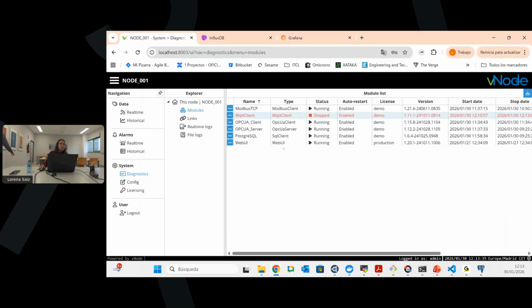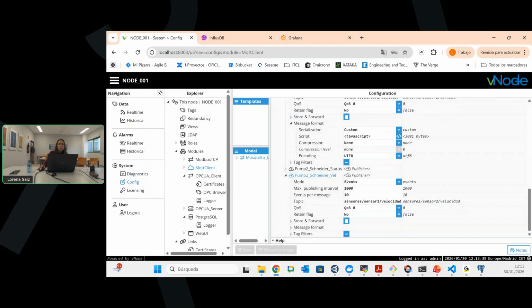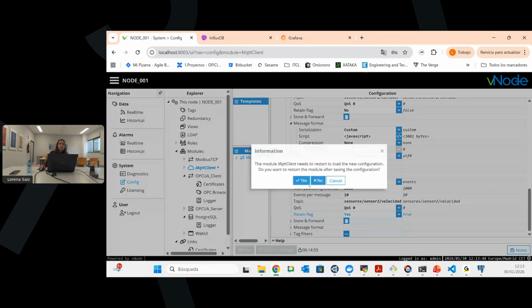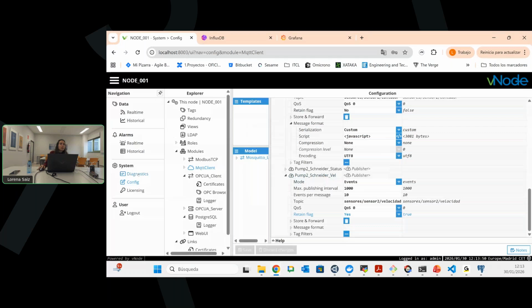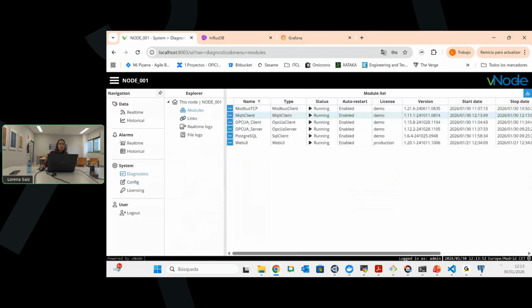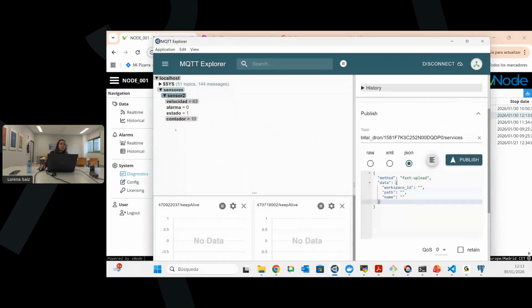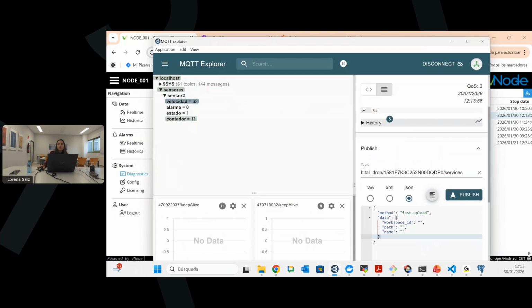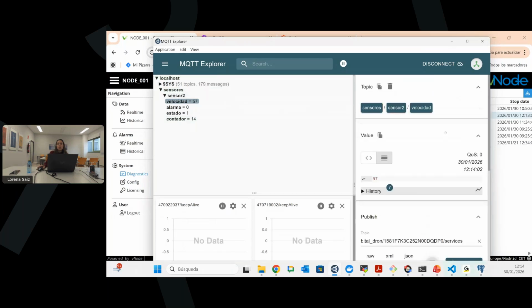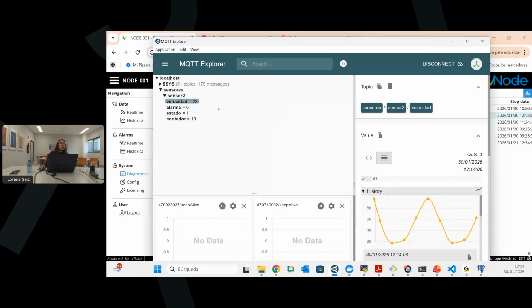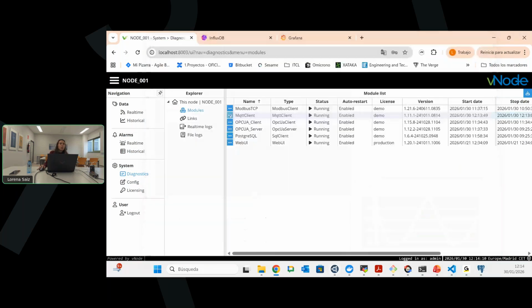If we configure, as we put here, for example, on the speed, a retain flag, as we talked about in the previous lesson, it's going to start automatically. So if we check now the MQTT, it's starting. And if now I stop the client